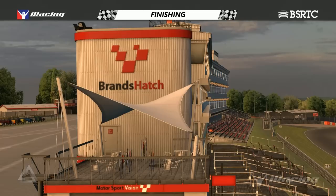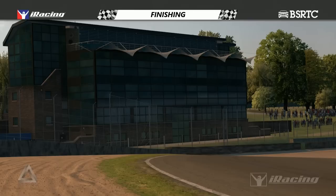I do believe the 39 cars that finished race 4, don't quote me on that, may have been the lowest number of finishes all night. So congratulations to everybody, really. Let's see if that is able to be carried forward to the next round next week, where we head